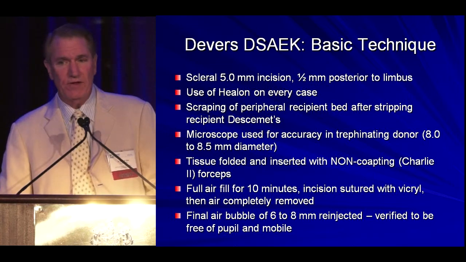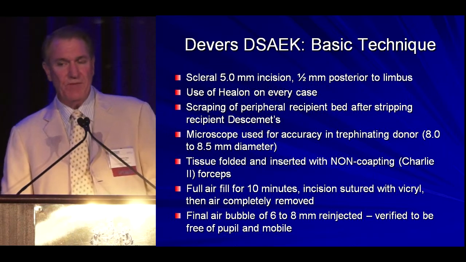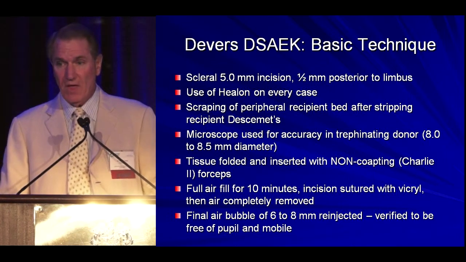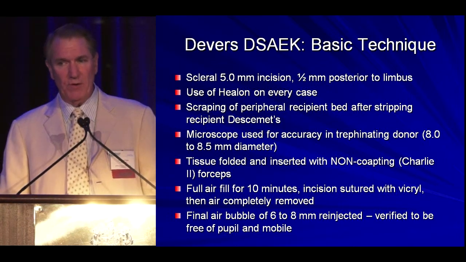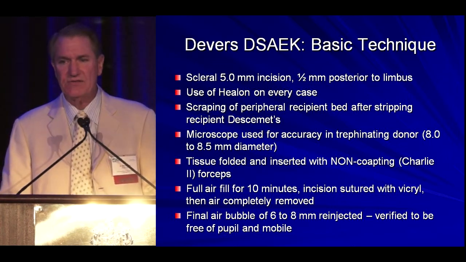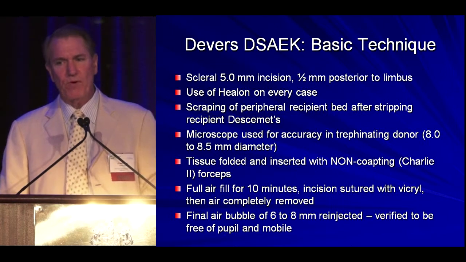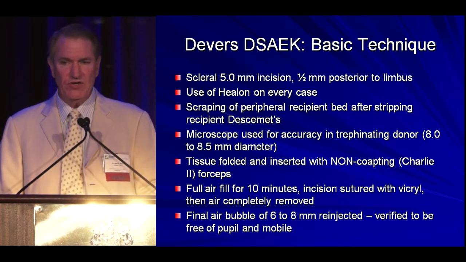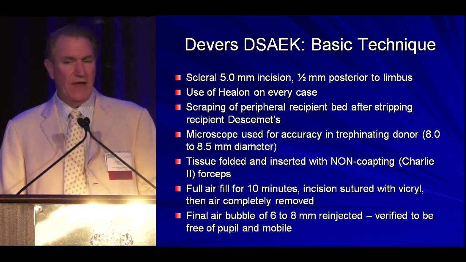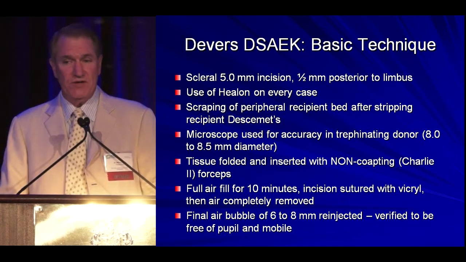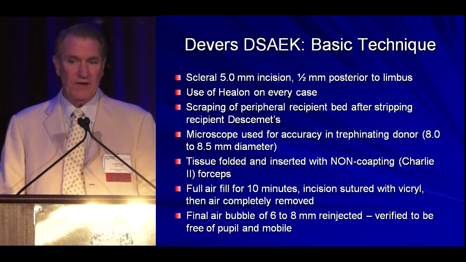Now, the basic technique that we use for DeSake is we use a 5 millimeter scleral incision, as you saw in the beautiful video earlier on DeSake. We place it about a ½ millimeter posterior to the limbus. We use Healon or a cohesive viscoelastic on every case. I scrape the peripheral recipient bed after stripping the recipient Descemet membrane. I use a microscope for trephining the donor tissue. My standard case is an 8 or an 8.5. I rarely use a 9 millimeter graft. The tissue is folded and inserted with a